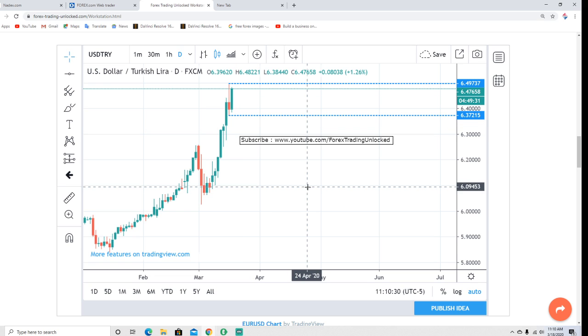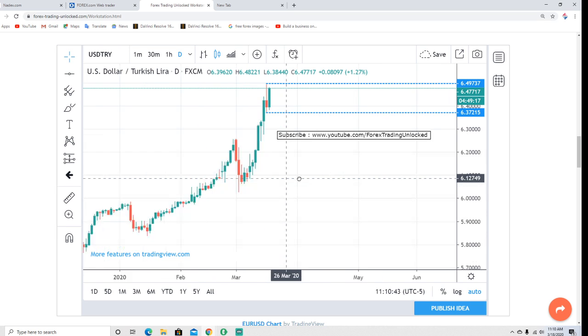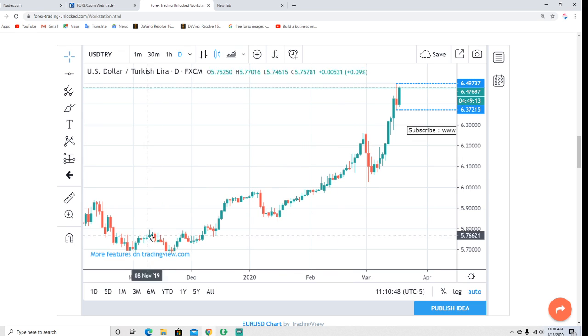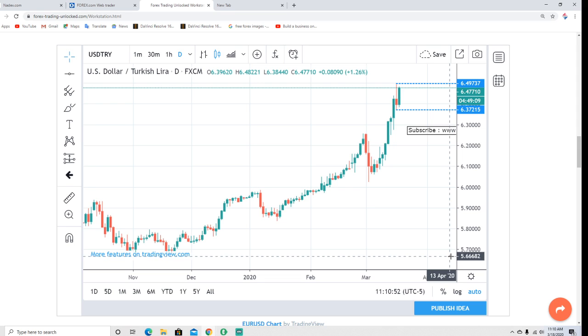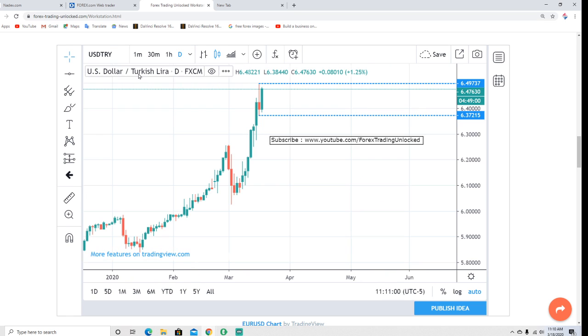So like I said, this one here is a major bull. Please stay at sidelines with this one. This is a real tough trade unless you got deep pockets and you know what you're doing. And I'm not saying this thing can't go double in price. I mean, look at how this thing has gone. Back in November, we were at 5.7, and now we're at 6.4. That's a big move, as you can see. This trend is a bull. It's in place. So be very cautious trying to sell into something like this.